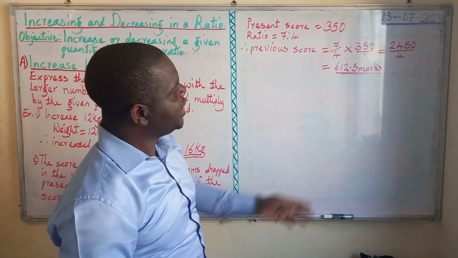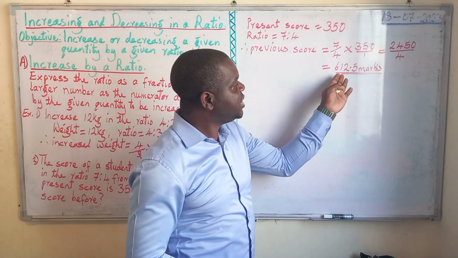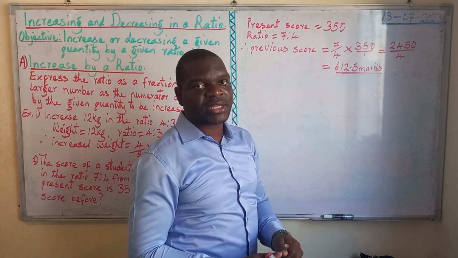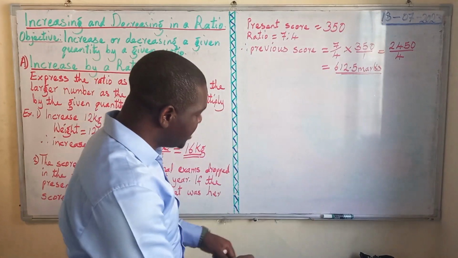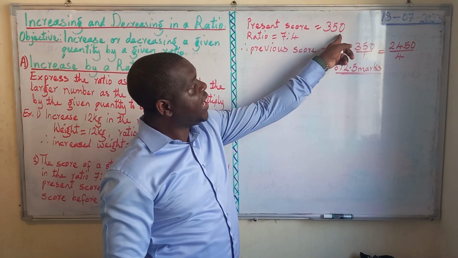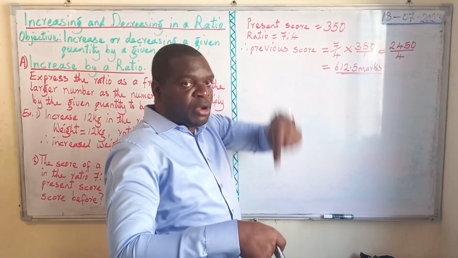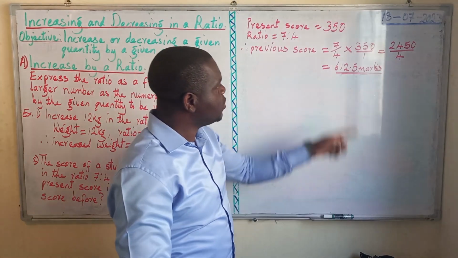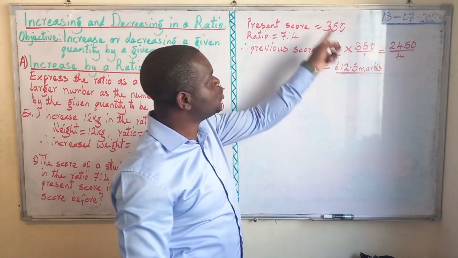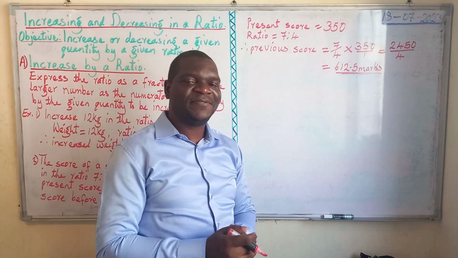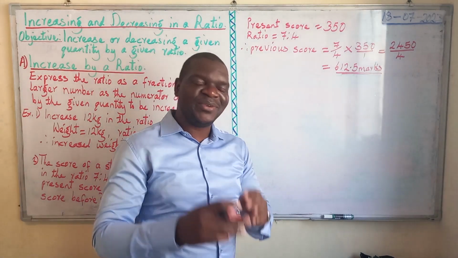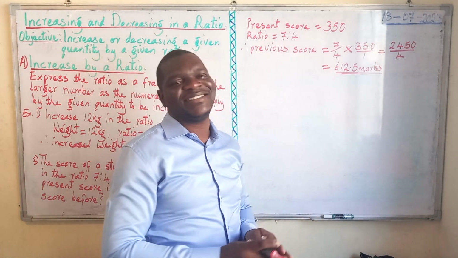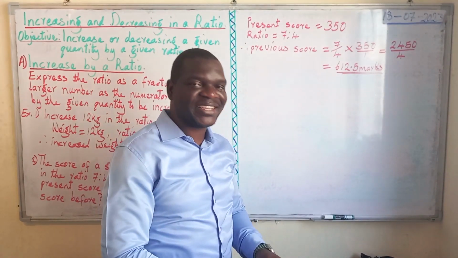Here we'll notice that her former score was 612.5 marks, contrary to the present score, which is 350, because it dropped. Remember, it went down. So it was this and has gone down to 350. If this is understood, then we can move on to the next aspect, which is decreasing in a given